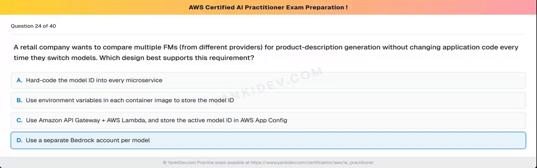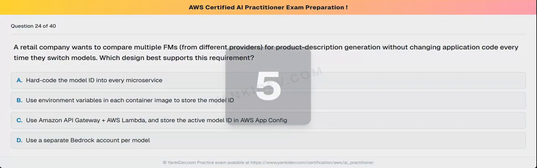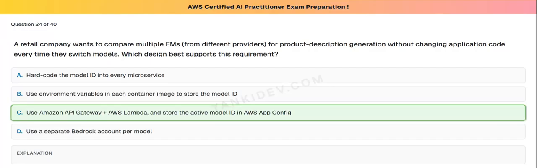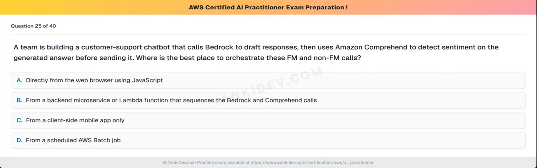Option D: use a separate Bedrock account per model. The correct answer is option C. Use Amazon API Gateway plus AWS Lambda and store the active model ID in AWS AppConfig.